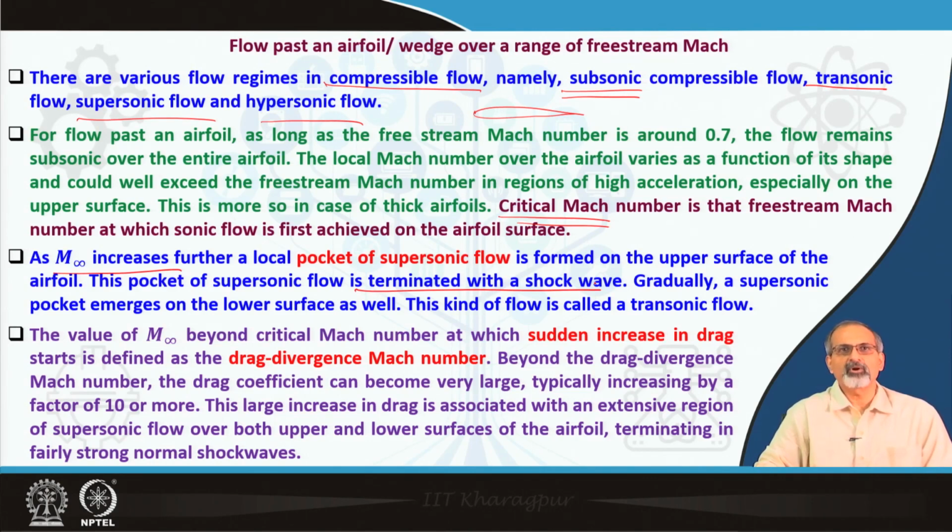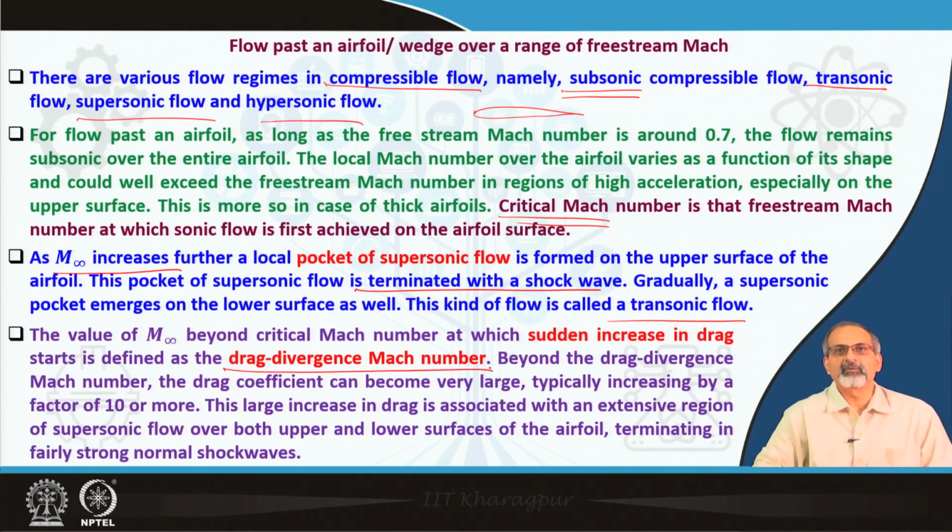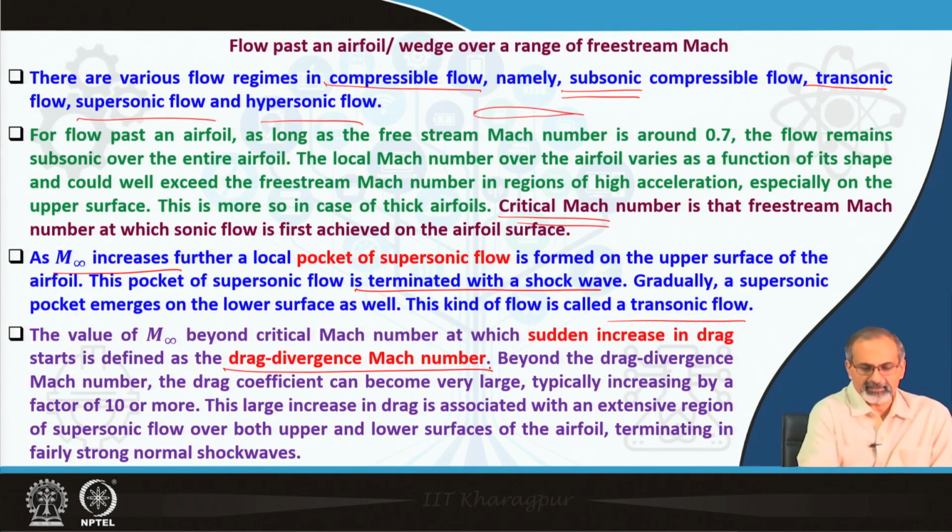Gradually, a supersonic pocket emerges on the lower surface as well, and this kind of flow is termed transonic flow, which happens close to Mach 1 condition. The value of M infinity beyond critical Mach number at which sudden increase in drag starts is called the drag divergence Mach number. Beyond drag divergence Mach number, the drag coefficient will suddenly rise up by a factor of